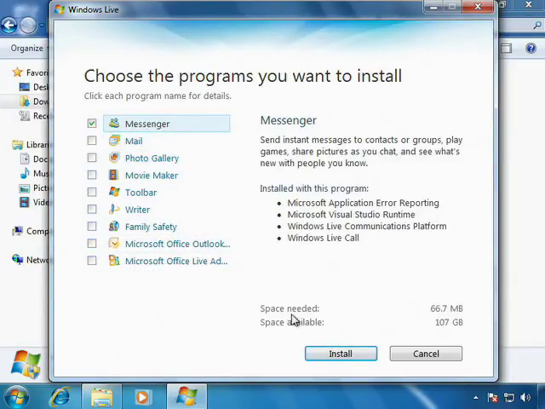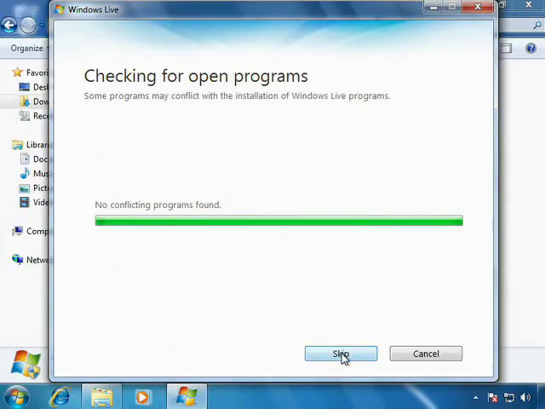Notice here on Messenger it tells me that I'm going to need 67 megabytes, and I currently have 107 gigabytes available to install. Most applications are also going to show you this information as well. It's also going to let me know that it's installing with this program a couple of other applications that are necessary in order to make Messenger work. Let's go ahead and click Install, and